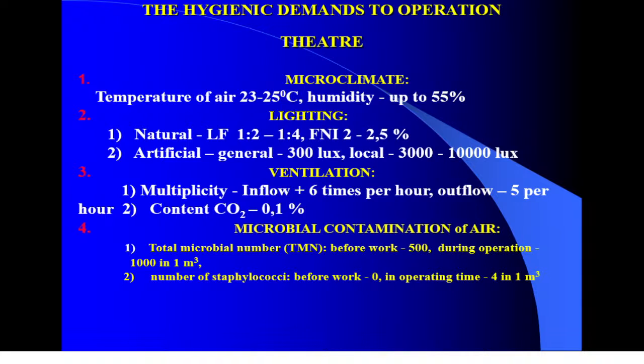The total area of operation theater is calculated from number of operational tables. By hygienic requirements, in one operation theater must be one operational table. Area of such operation theater is 36 meter square. Sometimes maybe 2 operational tables, with a requirement of 54 meter square, but it's not an official requirement.